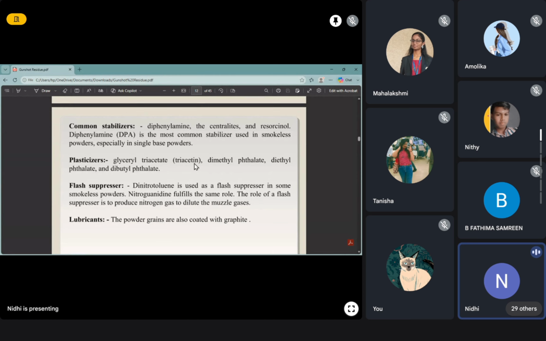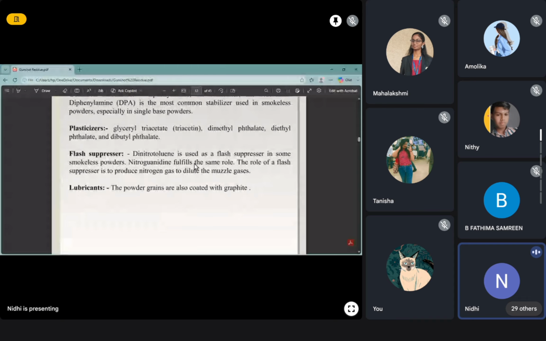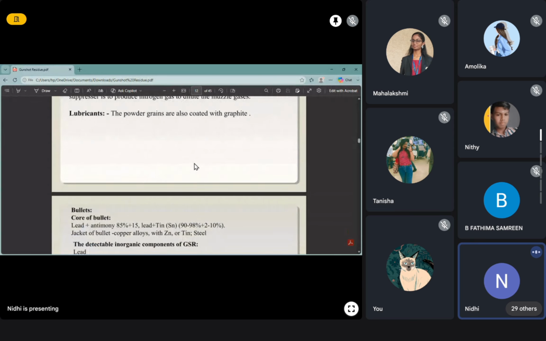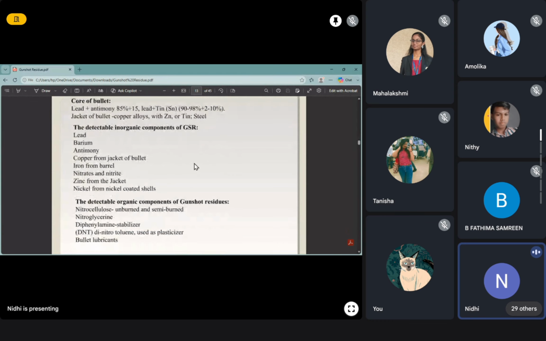This was told to me by our officer. The role of a flash suppressor is to produce nitrogen gas to dilute the muzzle gases. Then comes the lubricant. The powder grains are also coated with graphite, which we saw yesterday in black powder. Then bullets: the core of the bullet is made of lead plus antimony, 85% plus 15% lead, and tin, Sn, 90 to 98% plus 2 to 10%. The jacket of the bullet, if the bullet is jacketed, then only we are talking about this. If the bullet is not jacketed, then we are not talking about these,